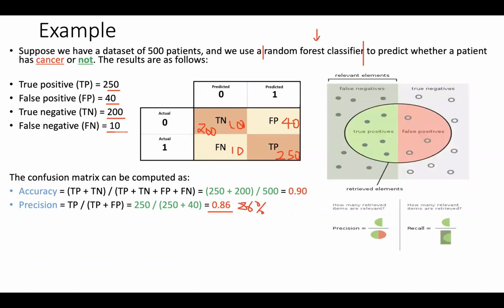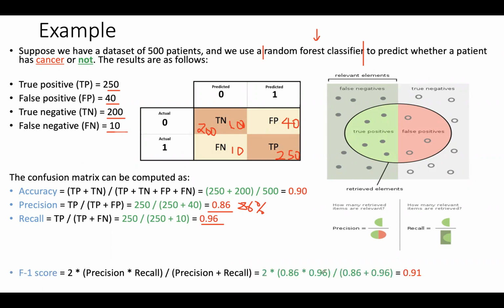Again, if we compute recall, you can see we plug in the numbers and we get 96%. So in this illustration, we can see that precision is essentially the true positive divided by both the positive predictions, even if they were false, and the true positive. For recall, we want to get as many relevant items as possible that were correctly identified as positive, the true positive out of all the actual positives, which includes the false negatives. Okay, so that's recall. And then lastly, if you plug in the numbers for the F1 score,